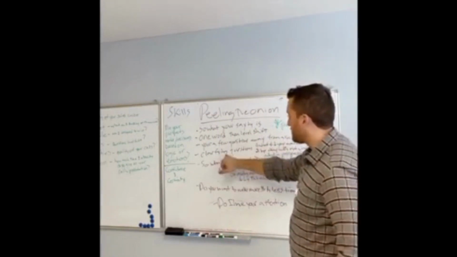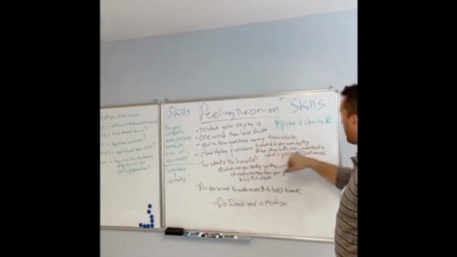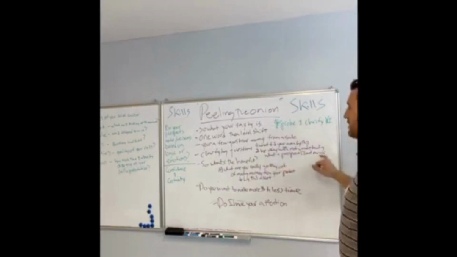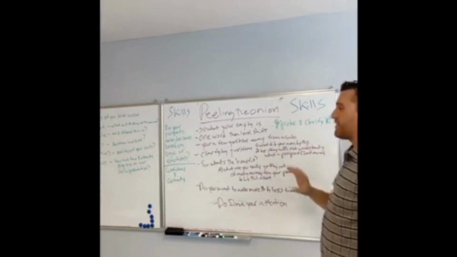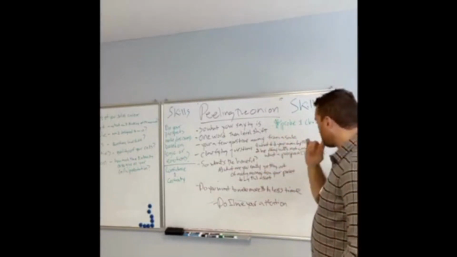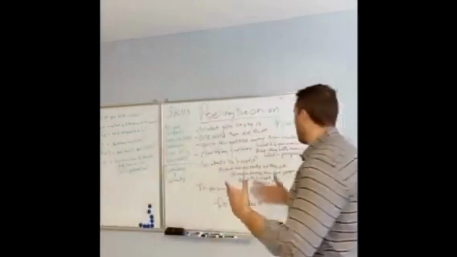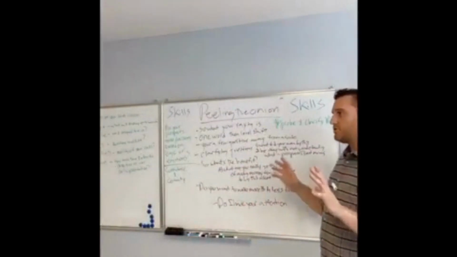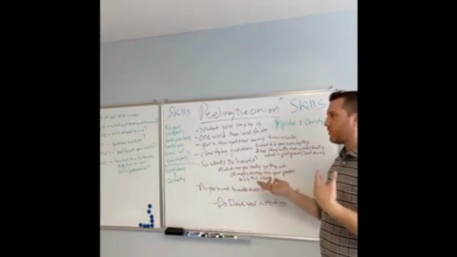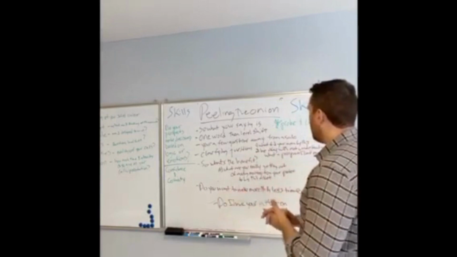So that would be the first thing. What are some clarifying questions? What did you mean by this, right? Be okay with not understanding what a prospect or client means, right? This is where a lot of agents have a fear of rejection. Let's say, hey, I don't really understand. You did tell me that you wanted to sell around this time. So I'm just curious, what changed, or what about this is really that important? Because I'm a little confused.